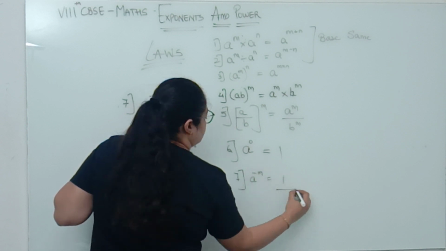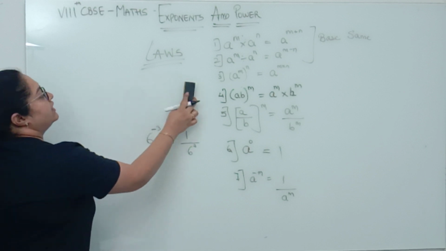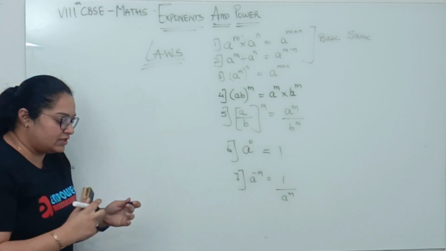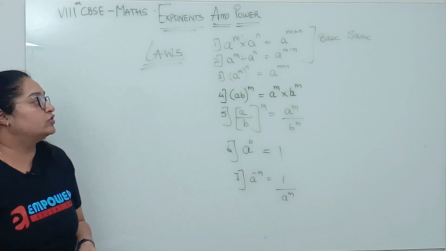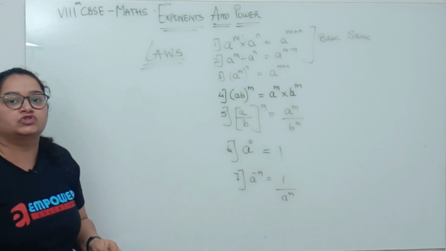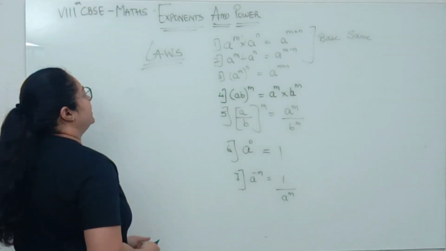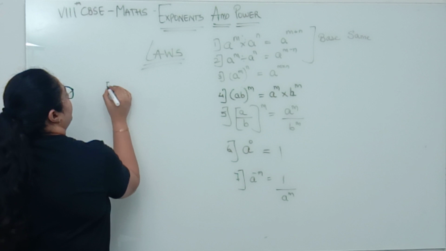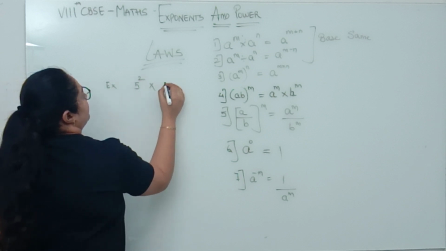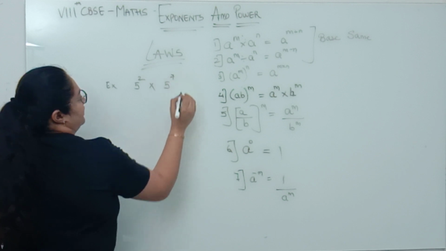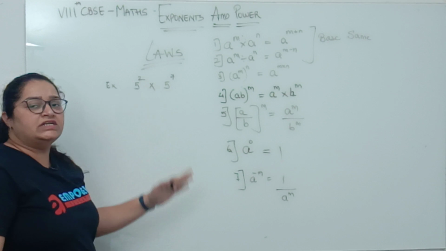So these were the 7 laws which we studied right away. I hope you understood these 7 laws, which will be very helpful in solving the sums. And whenever you solve the sums, please write the laws which are applicable over there, so that it will be very easy for you to solve the sum. Let us take an example. Suppose I tell you 5 raised to 2 multiplied by 5 raised to 7. Okay? ये तुमको सिंप्लीफाई करना है by using an exponential form.